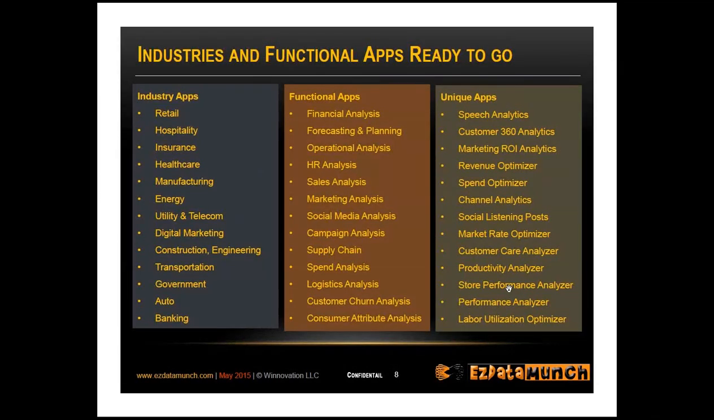So some of the applications, as you can see here, the industry verticals and the apps that we already have, some of the things that we do using predictive analysis here. So we have speech analysis, customer 360-degree, marketing ROI and revenue optimizers, spend optimizers, social listening posts, customer care analyzer, labor cost optimizer. So there's a lot of stuff that